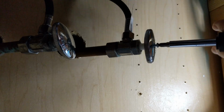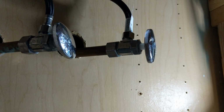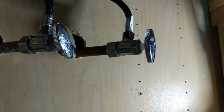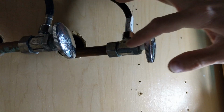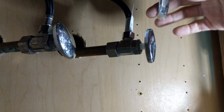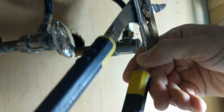So this is about 20 years old, so there was a little bit of leaking coming on, and instead of replacing the whole part here, a lot of times your washers will go bad, and after about 20 years, that's not unusual. So this little repair kit is kind of a cheap way to